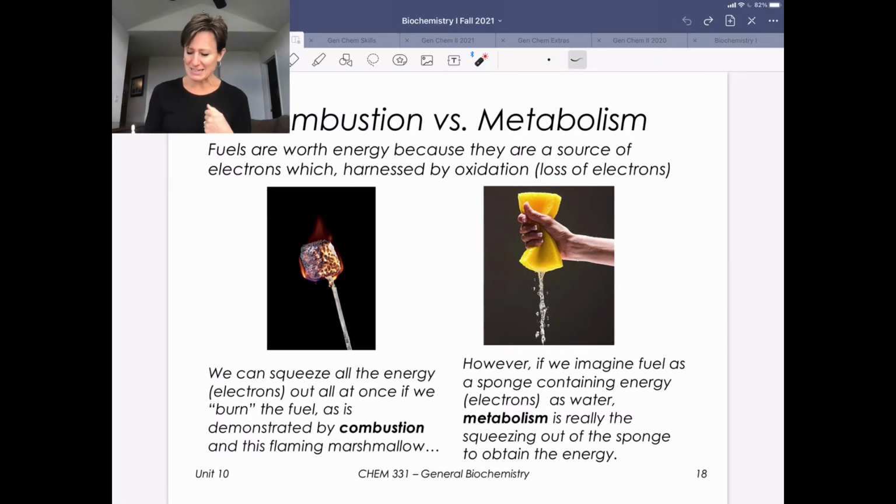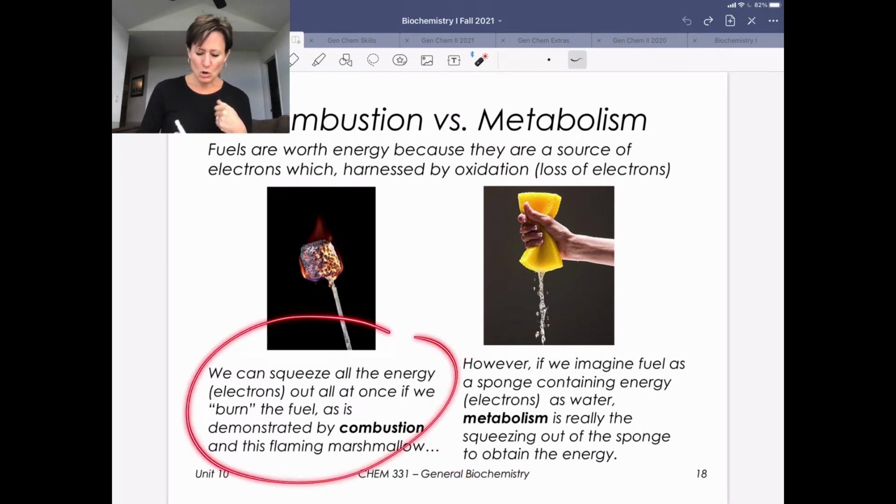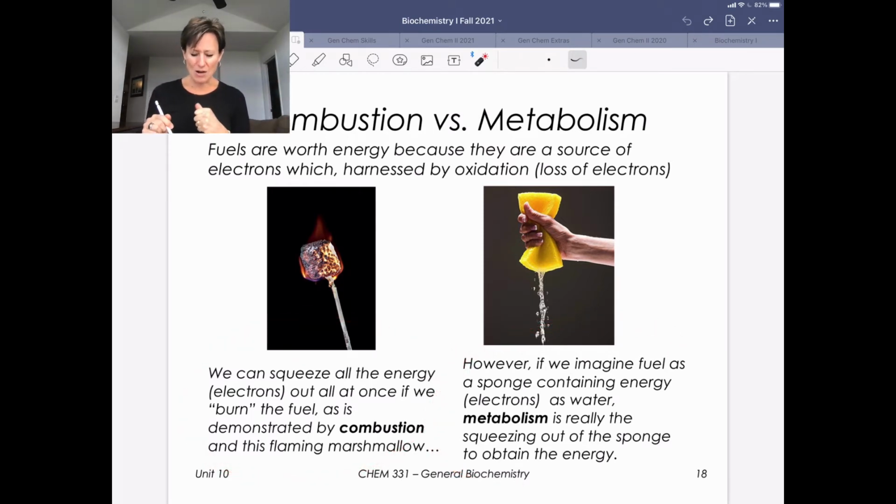Okay, so I want you to think about it as an analogy. Let me start over here with combustion. We can squeeze all of the energy, all the electrons out all at once if we burn a fuel, if we combust, for example, a marshmallow here. However, if we imagine fuel as a sponge that contains energy as electrons, and we imagine those electrons being water, metabolism is really squeezing out that water from that sponge, and importantly, collecting that energy to sort of save it. So we can think about the water being electrons, the fuel being our sponge with those electrons, and NADH, again, is going to be something that we can think about, or I should say NAD plus and FAD. Those are going to be things that are going to allow us to save that energy because we're going to